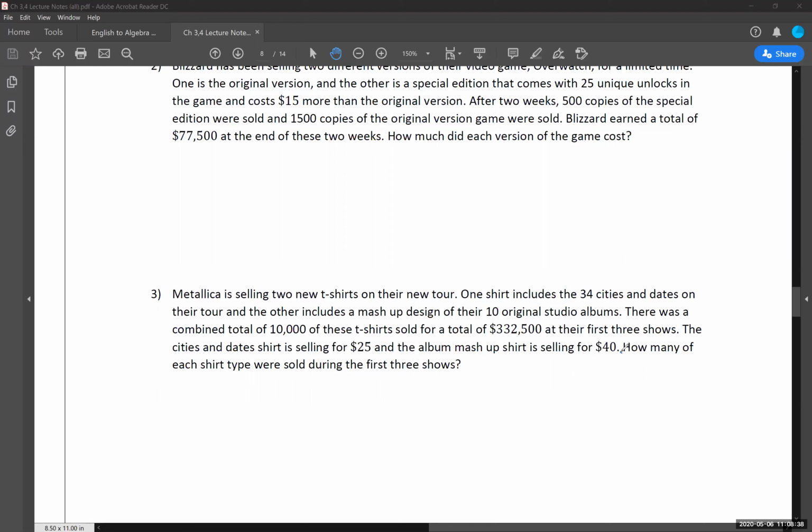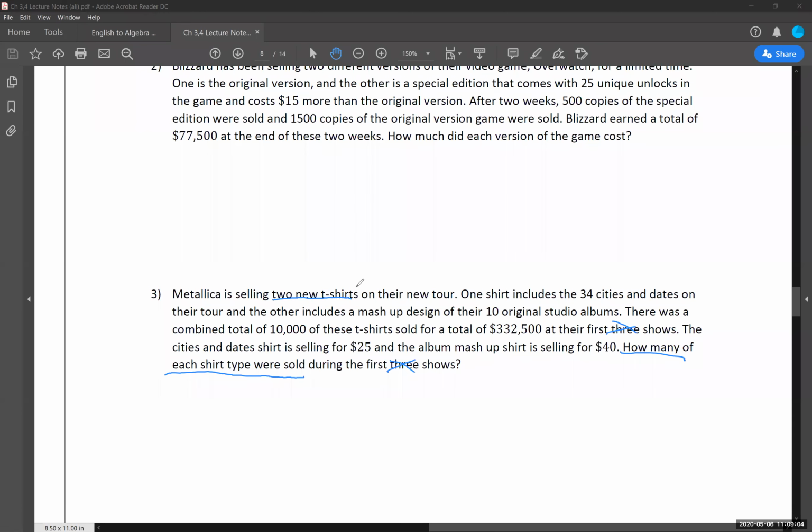Things like that. So most importantly, what are we being asked to solve for? We're being asked how many of each type of shirt was sold. We don't care about the first 3 shows. We don't care about the fact that it was 3 shows, 5 shows, whatever. So we can just cross out 3 through that. So how many of each type of shirt were sold? We know we have 2 types of shirts, so we're going to have 2 answers to this, as we're told right here, 2 new shirts.